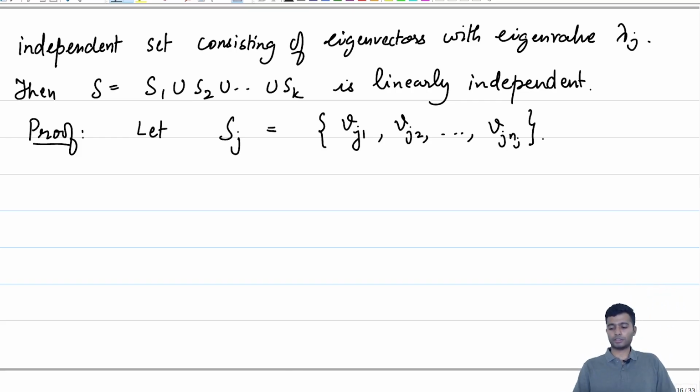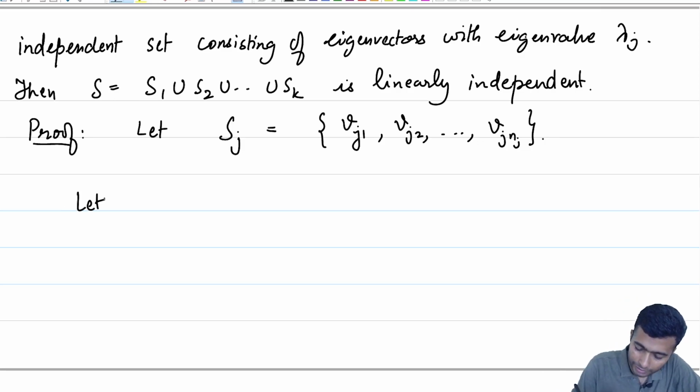Each of the Sj's consists of such vectors. We would like to show that the union is linearly independent. So, let there be a linear combination of these vectors which is equal to the 0 vector. Let the Aji be such that